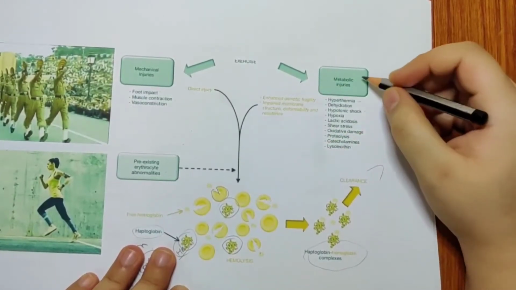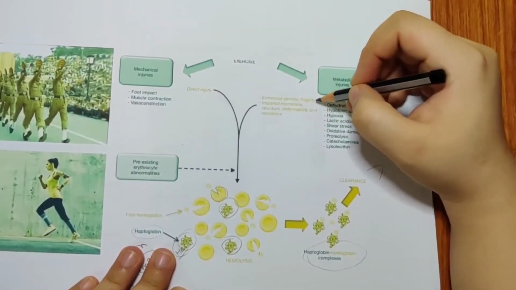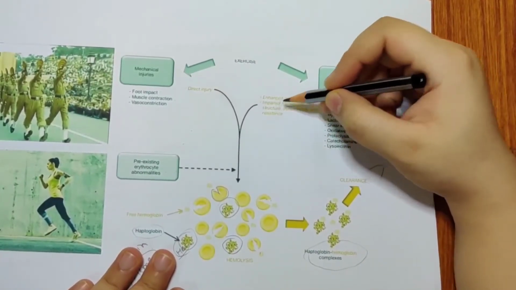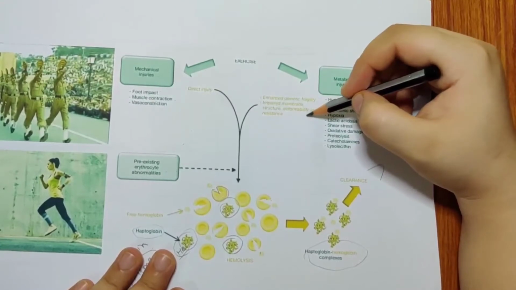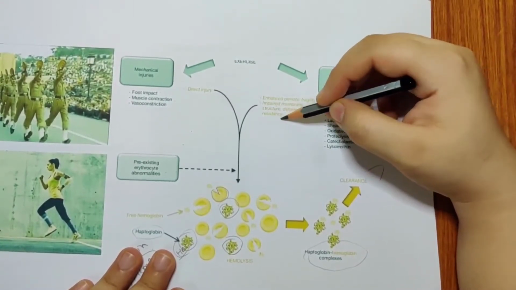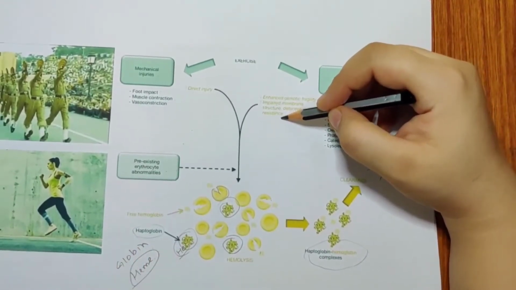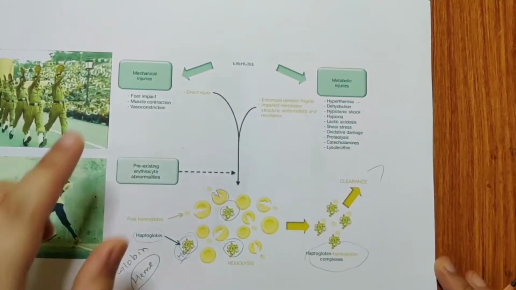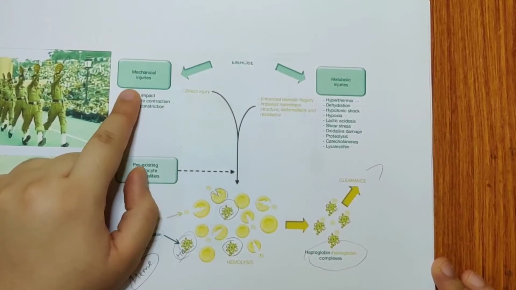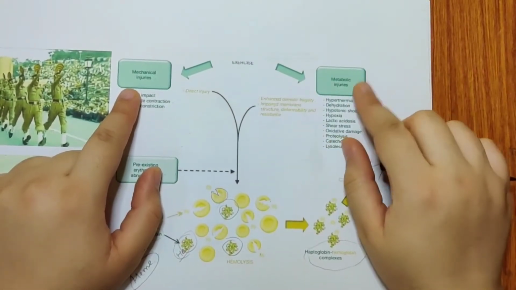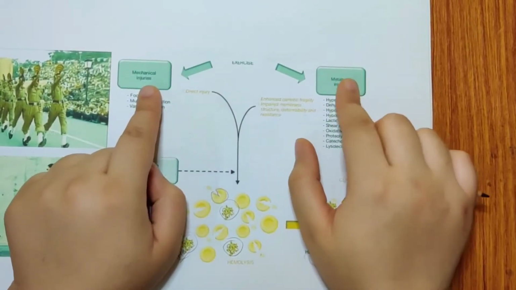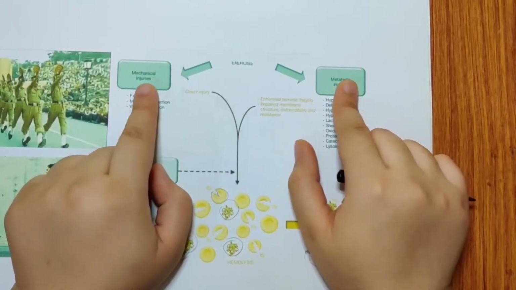So all these will enhance the osmotic fragility and impair the membrane structure. There will be reduced deformability of the membrane, and the resistance of the membrane is also impaired. Again the same thing occurs. In these people you can have mechanical injuries alone, metabolic injuries alone, or them together. Due to prolonged cases, metabolic injuries will be there along with mechanical injuries.